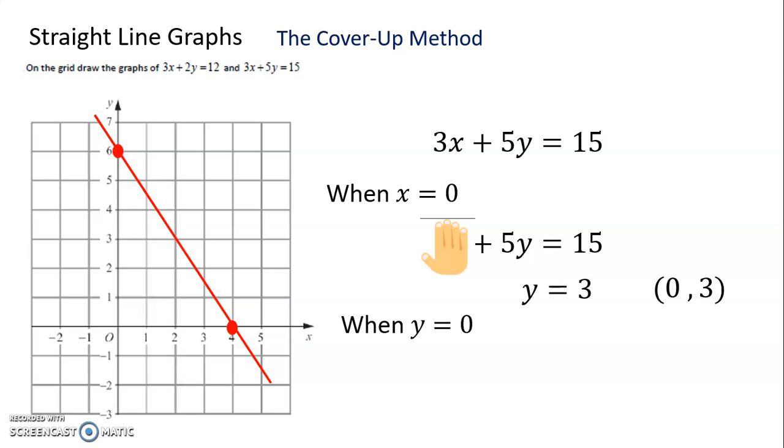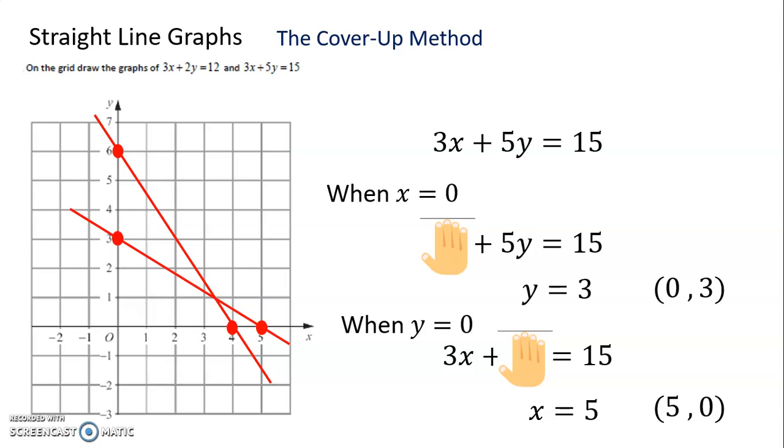And then I can also cover up the 5y part to work out what x is when y is 0. So can you pause the video and work out x? Okay, so I'm going to divide through by 3, and that tells me that x is 5. So my coordinate is x is 5, y is 0, and I can plot that